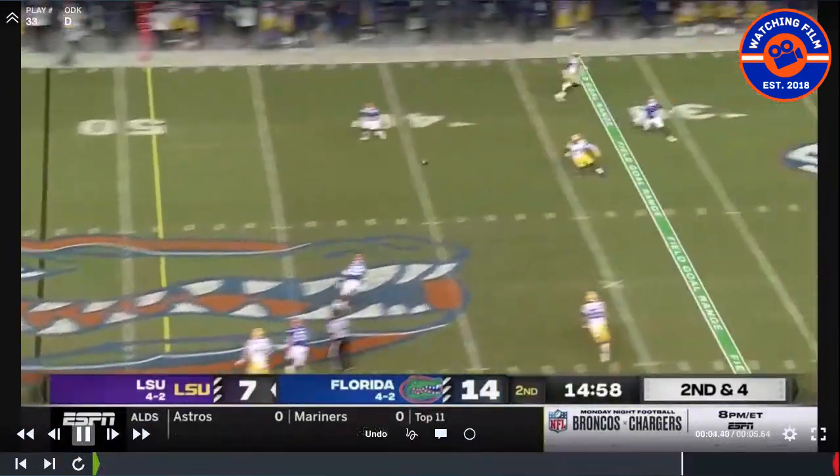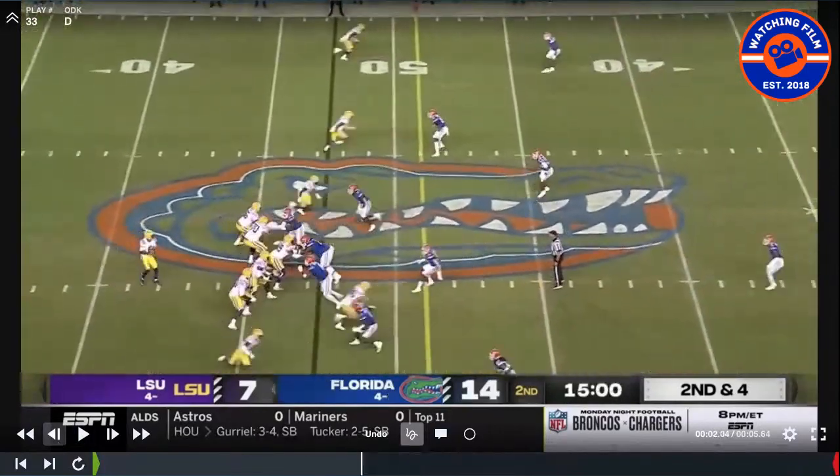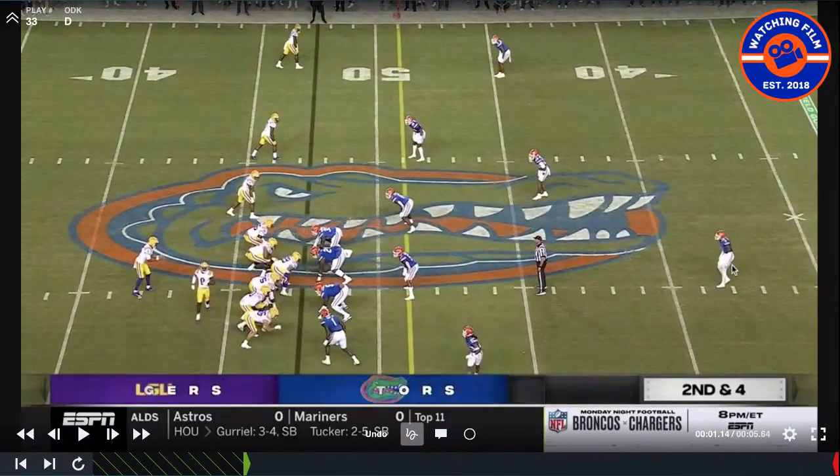So here you've got a 2nd and 4. They're rotating to some type of cover 2 here, it looks like, where he's got deep half, and he actually is deep half up top. I wonder if they wanted him to the boundary and not to the field, because you see all the room this creates right here. So there's a few times where I think they'd probably want them to check out of a look, or maybe, I'm not sure if they were doing like a Madden style flip. I wouldn't think, but